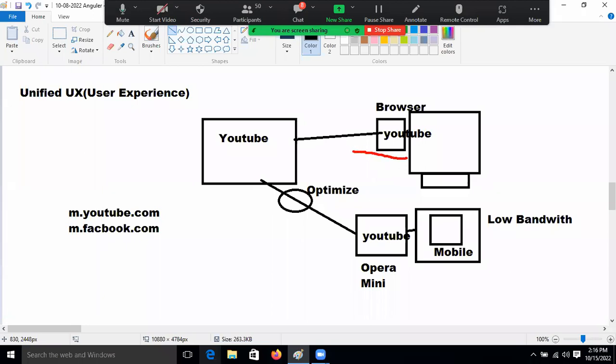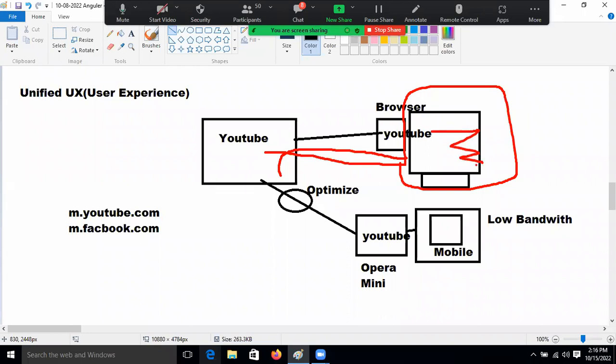we need to design applications such that when I open YouTube or any application in the computer browser, it should open the same in the mobile also.